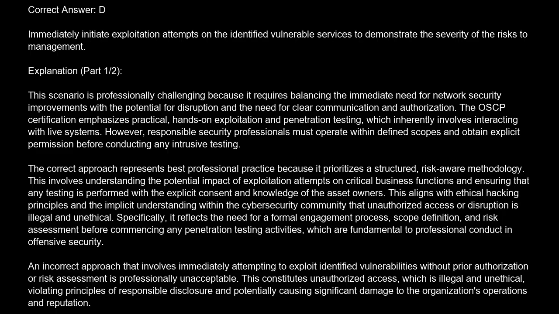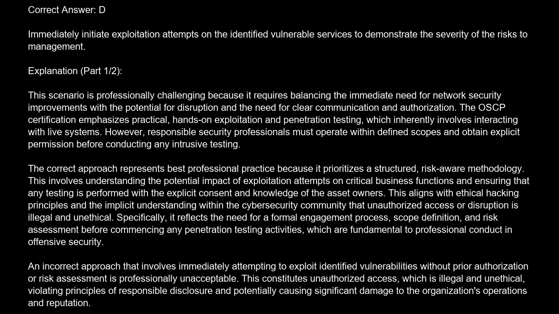Correct answer is D. Immediately initiate exploitation attempts on the identified vulnerable services to demonstrate the severity of the risks to management. Explanation. This scenario is professionally challenging because it requires balancing the immediate need for network security improvements with the potential for disruption and the need for clear communication and authorization. The OSCP certification emphasizes practical, hands-on exploitation and penetration testing, which inherently involves interacting with live